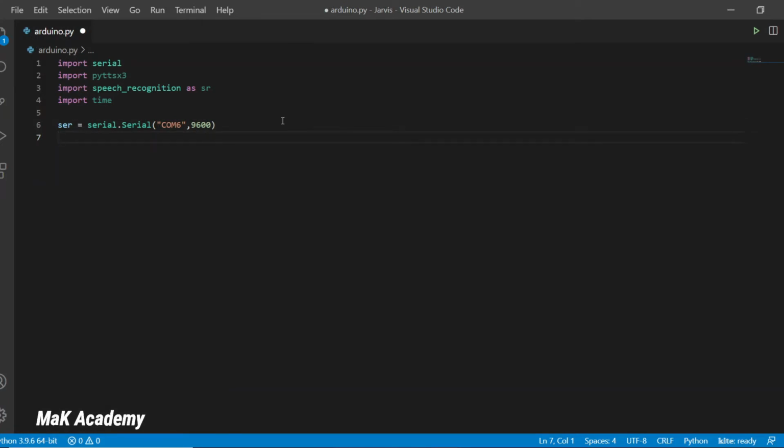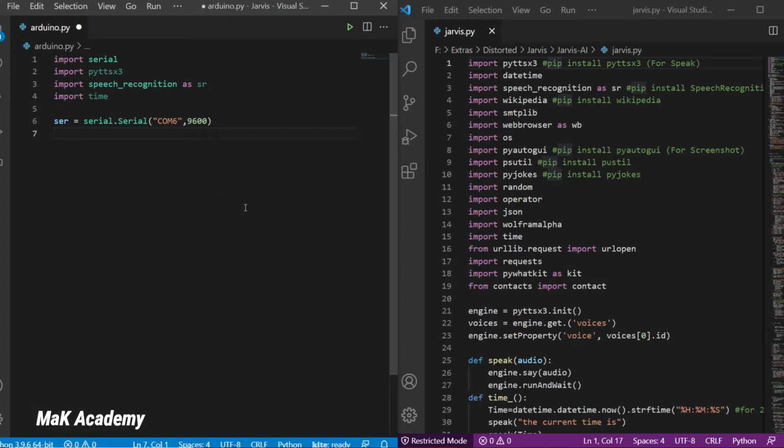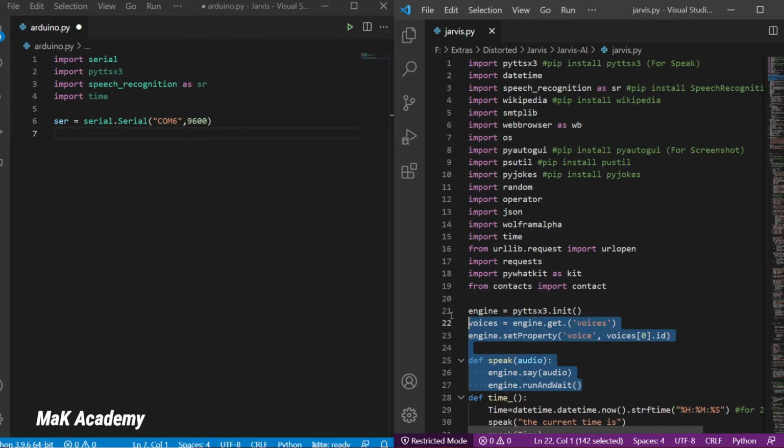Now the next thing I need is the ability of Jarvis to speak and take commands from the user. For this I will not be writing the entire code again, as I have already explained it several times in my previous videos. I will simply open the Jarvis file in my VS Code, and copy the take command function and the speak function from the jarvis.py file.